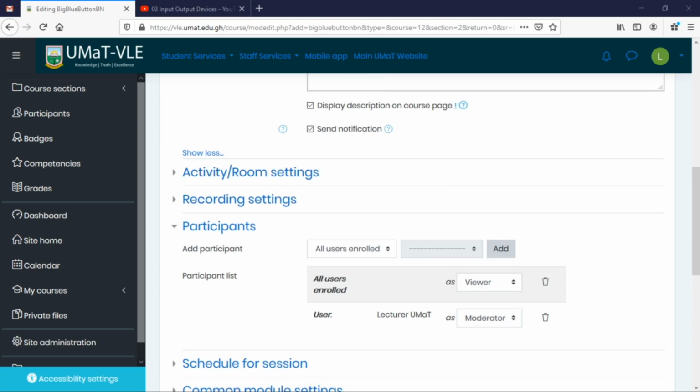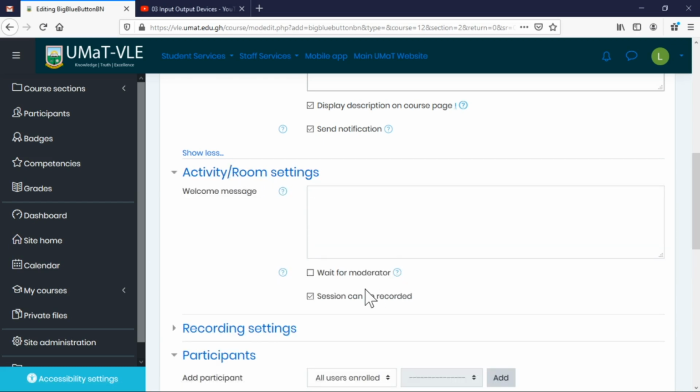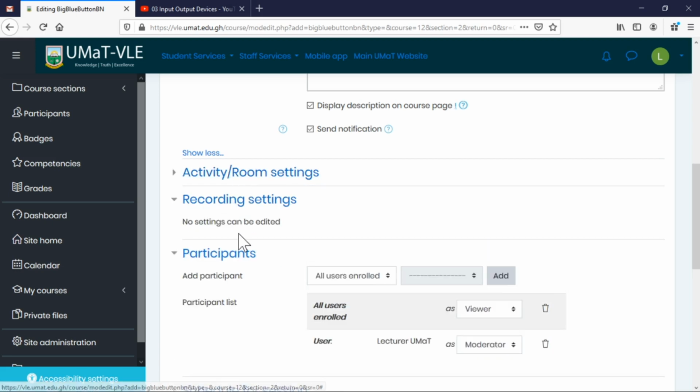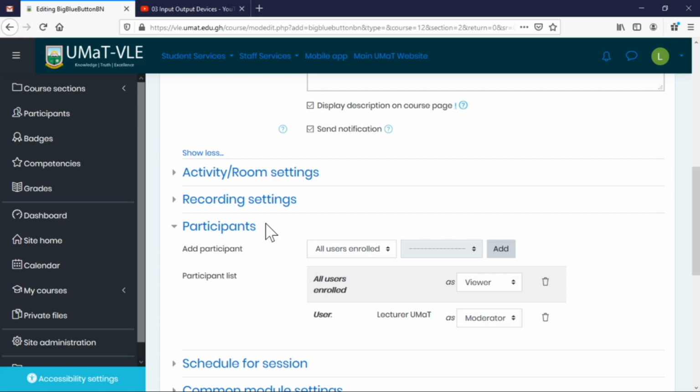The activity rooms that we have in here, at this point we're going to maintain what is there. We can have a welcome message. You can type in a welcome message, welcome to the live video lecture. The recording setting, by default, when we start recording in the system and we log out and the session ends, the system would load all the video into the course for other people to have access to. Those that were not there, or even those that were there, will want to recap the video lecture that you